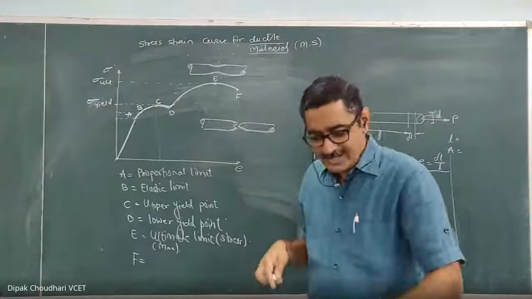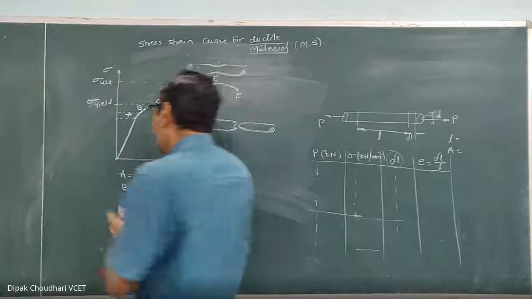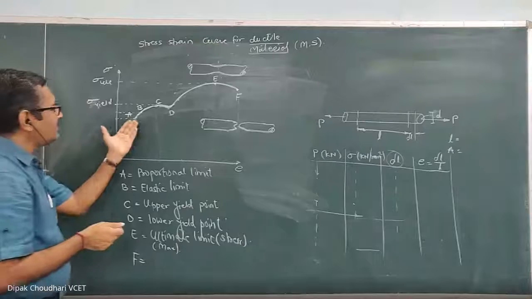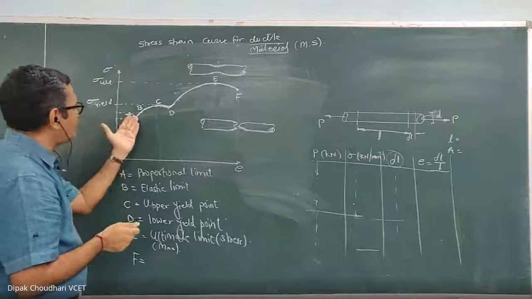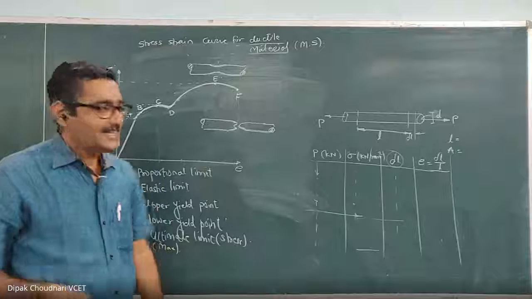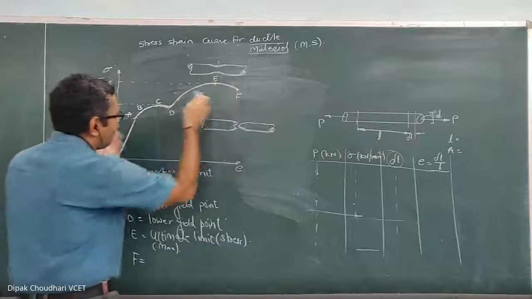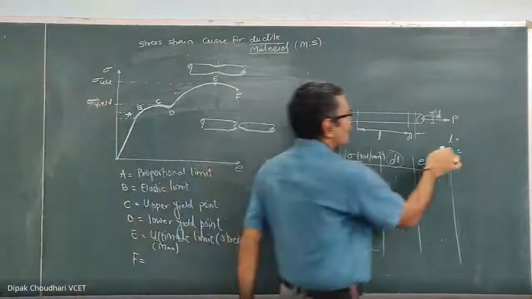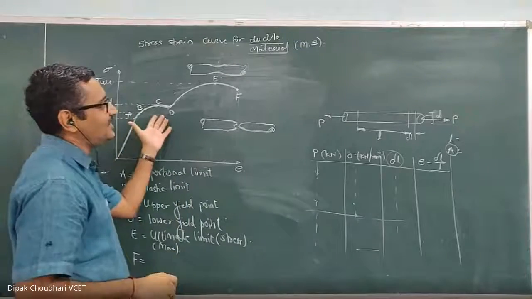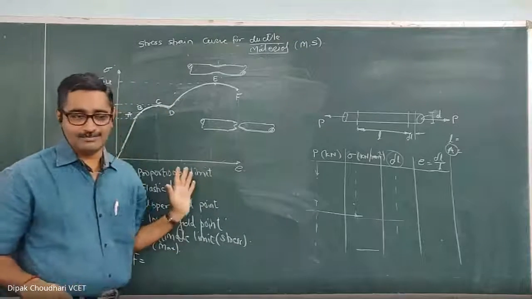Now, why are these properties important? What is the elastic property or proportional limit? Hello sir, is there any such engineering graph or a true graph in this? Yes. The graph we are plotting based on the original cross-sectional area is known as the engineering graph. This is the engineering stress strain graph which we are using.